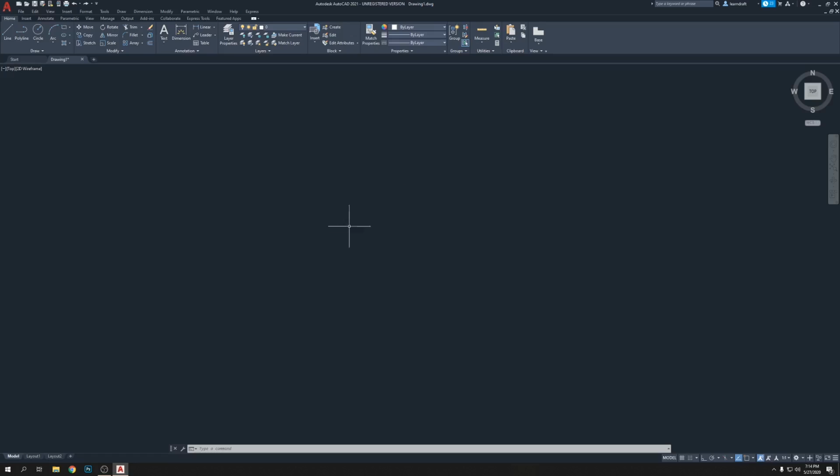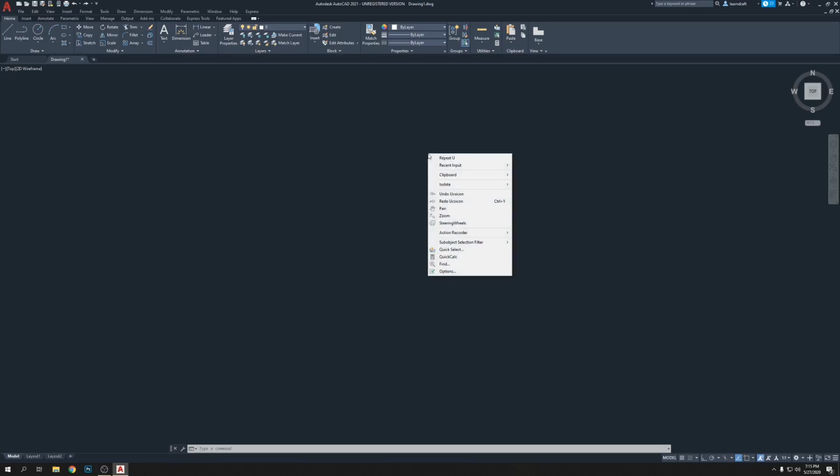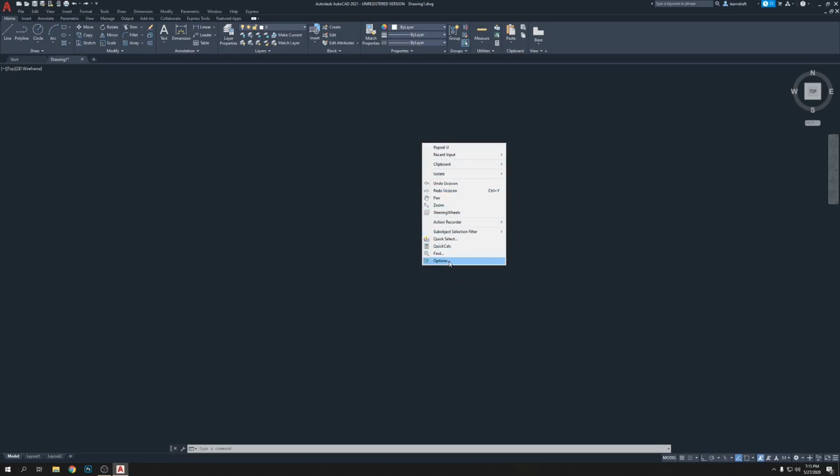Now the third thing is the cursor. This thing, our mouse pointer, we call it in AutoCAD the cursor. So cursor size is supposed to be full screen. It looks maybe pretty for now, but if you have it in full screen, it's different. It looks very professional. So to do that, we're gonna right click on the mouse, go to the option,